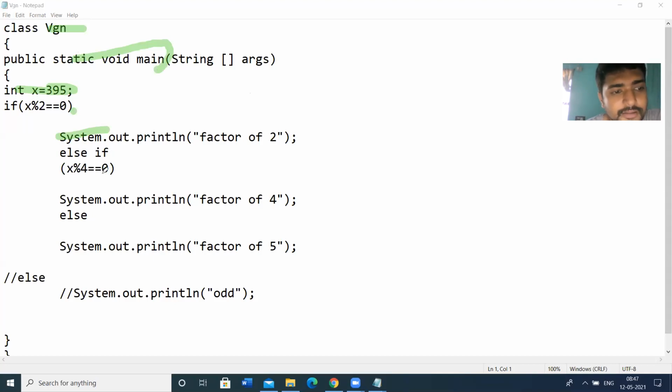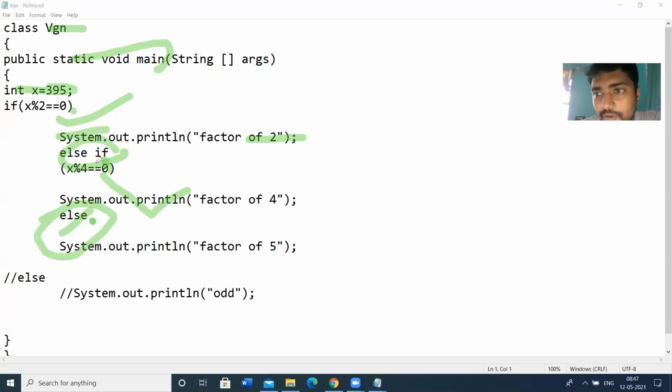we have another variation in the if statement, that is the else if ladder. In C programming, we call it else if ladder. In Java, we call it else if chain. So if this condition is true, this statement will be executed. Else if, this statement will be executed. Else, this is the main thing. So in the else if chain, all the statements are with else if, but the last statement will be else.